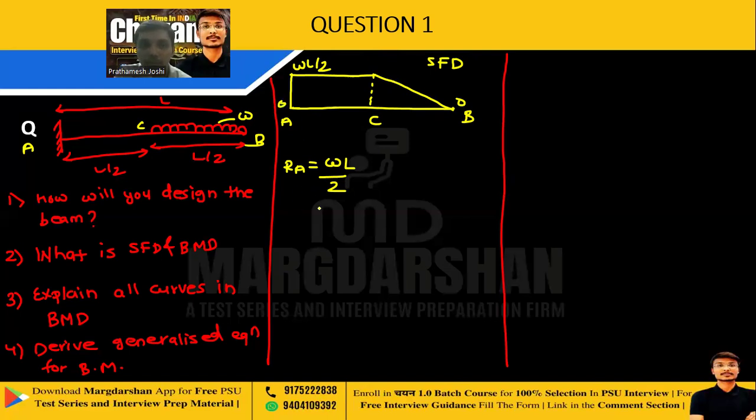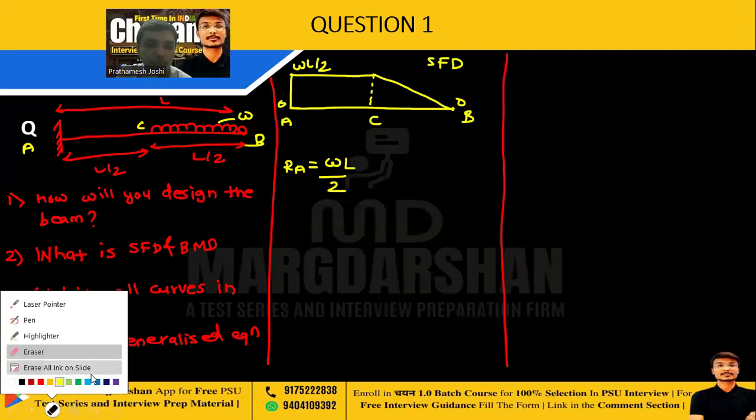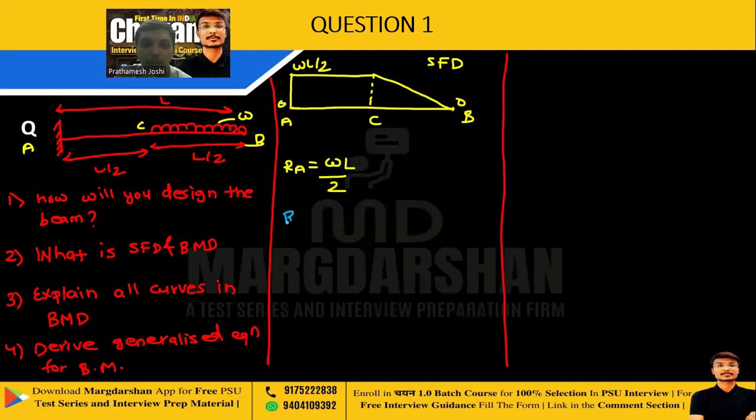Now let's go for BMD. I will show you BMD with a different color. Now see here. For the calculation part, I could just draw without calculation, but we will draw with the calculation only. So we will first find out MA here. MA should be equal to simply W into L by 2,